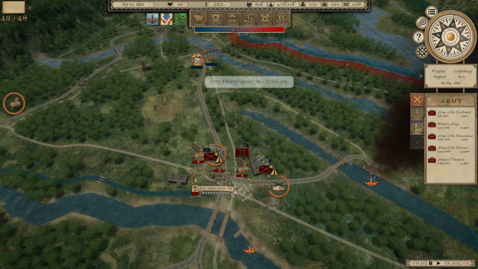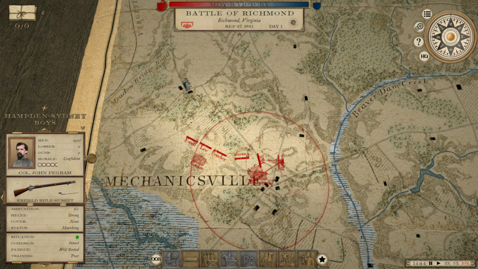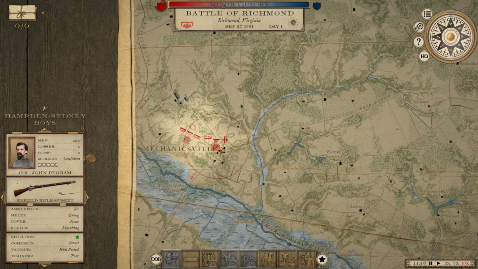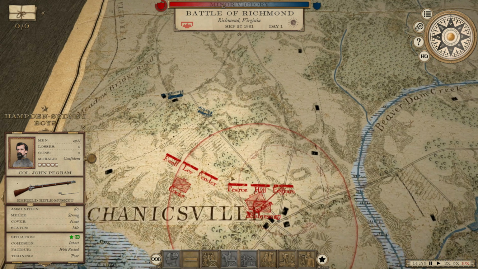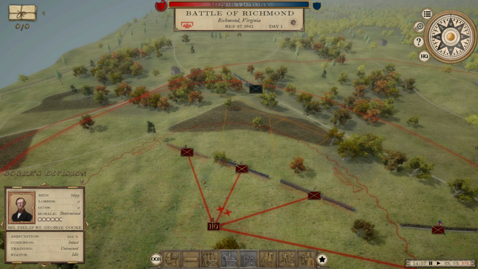All right, here comes the Department of the Ohio, ready for some combat. George McClellan, what are you thinking, dude? This will not go well for you. Let's take this one to the field, though, shall we? Okay, I decided to dig in around Mechanicsville, and I don't have my reinforcements yet, so right now the numbers are pretty even, and that appears to be right where he's coming from. So let's start